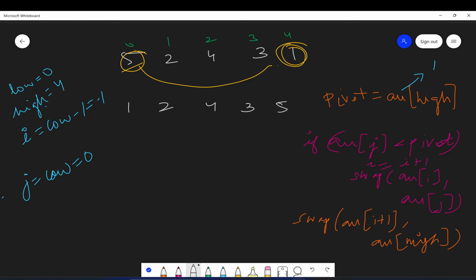And your pivot index will get returned. So then your pivot index will be returned from the function. So pivot index will be I plus 1. Right. So I plus 1 was this 0. So 0 index will be returned. Okay. Now let's see how further this will get evaluated.